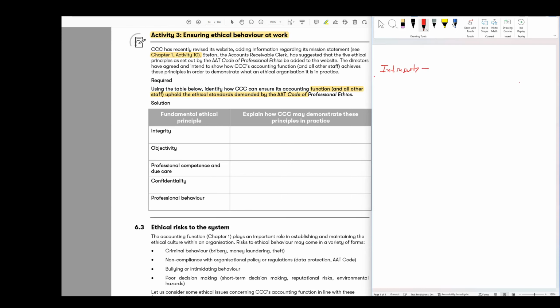And we know integrity is all about honesty is the best policy. So we have to be straightforward. So the accounting function and the system should be used to ensure information is accurate and not misleading. And the staff should be ensured that any issue regarding quality of data are raised immediately with the management. The director should ensure that financial statements are completed in a timely fashion. So the main thing here on integrity, the accounting function